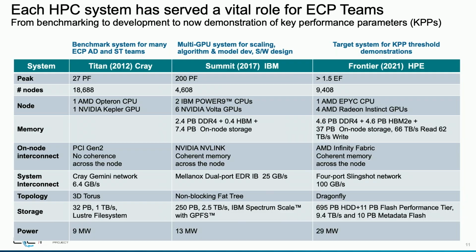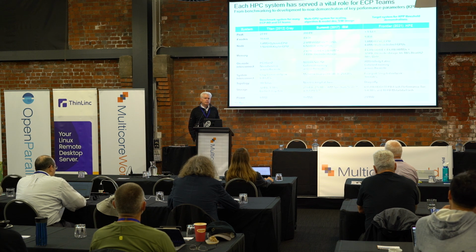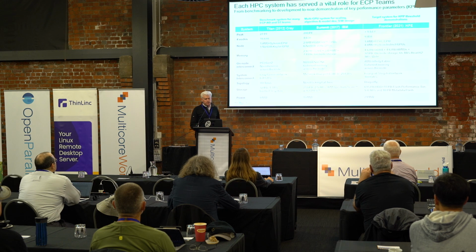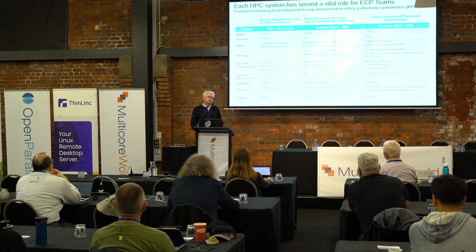One of the things that we've seen at Oak Ridge and in the community over the past 10, 11 years is that accelerated node computing is here to stay. I'll define an accelerator as a piece of hardware that's really designed to accelerate certain floating point operations. We started back at Oak Ridge with Titan in 2012, and that was a 1-to-1 GPU ratio. I remember when we were making a pitch for that system, it was really high risk. Frankly, I think we had just a couple of codes able to run on the first version of